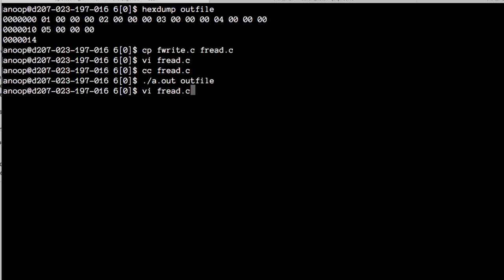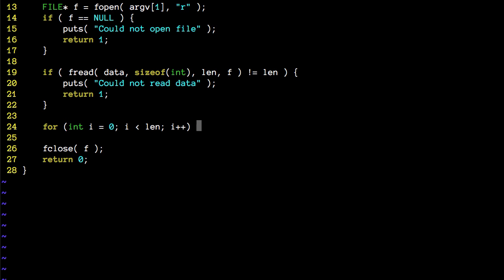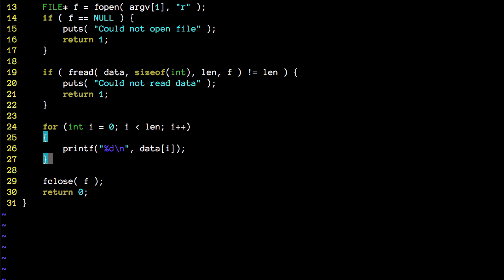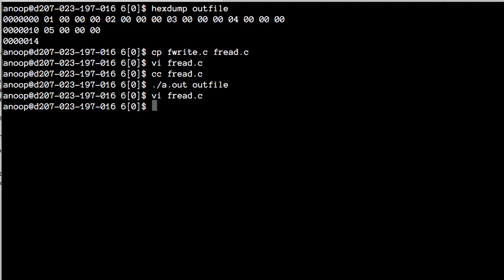So what I want to do is, in order to just test that we've read something, I'm going to create a for loop, and the for loop will be going through the array and just printing it. So we'll just print out the contents of the file that we just read. So data I. So what this does is just helps me check that I read the file and I produced the array correctly. I'm just going to print out the array. So what I'm going to do is